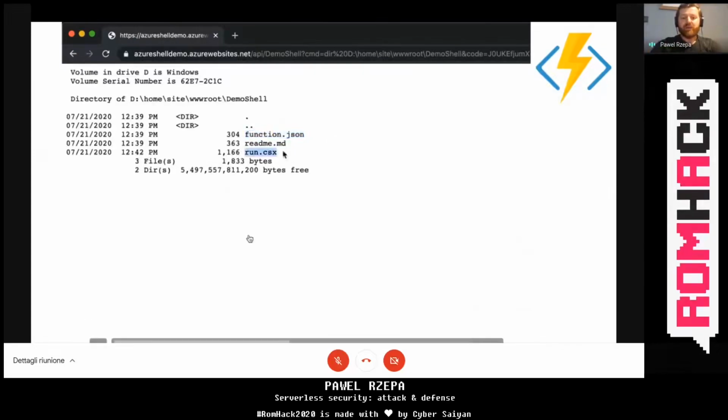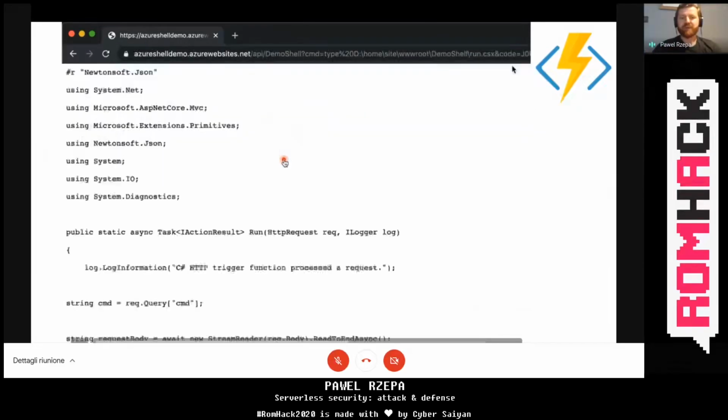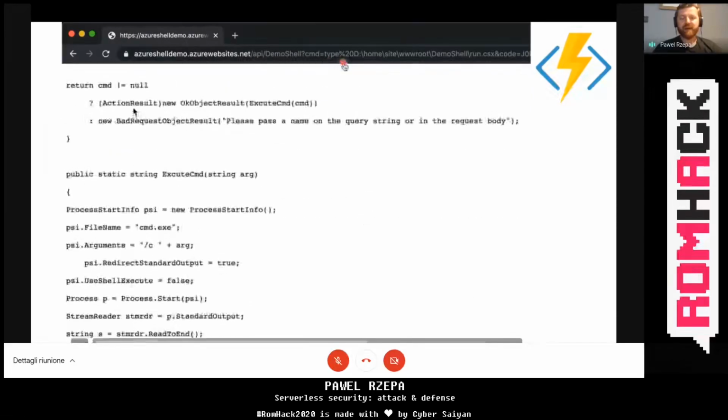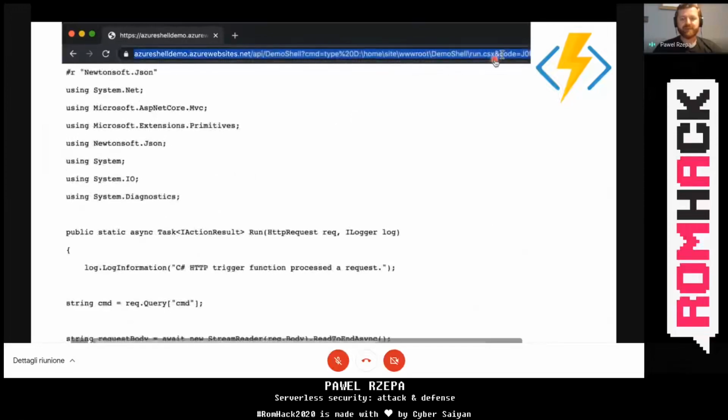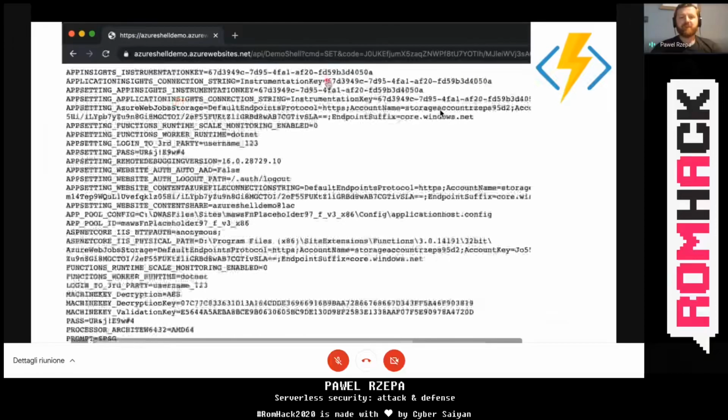In this folder, you can also find the run.csx file, which stores the source code of your Azure function. To show you, let's print it out in the Windows environment. You can do it with the type command: type and the path to the run.csx file, and you can see the source code of this particular Azure function.